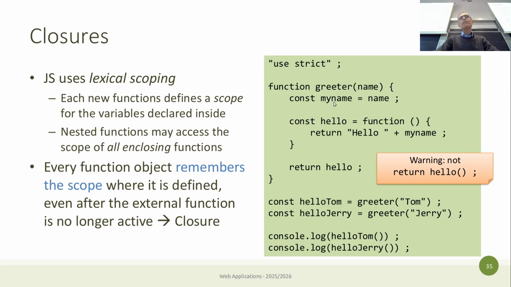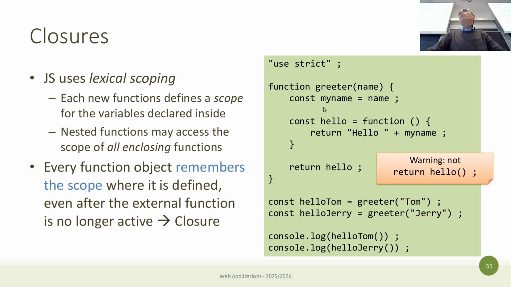No. Indeed, this is something in addition. Just to make clear, this was a variable that is available in the scope of the outer function, okay? So it works also if we just write name, but it's less obvious, right? Because we should add that even the parameters of a function become part of the closure when you define a function inside, okay? So it works even if we just have name, but the function hello plus name, okay? Because even that parameter becomes a part of the closure because it's part of the scope of the outside function, okay? Thank you for the question. Okay, so